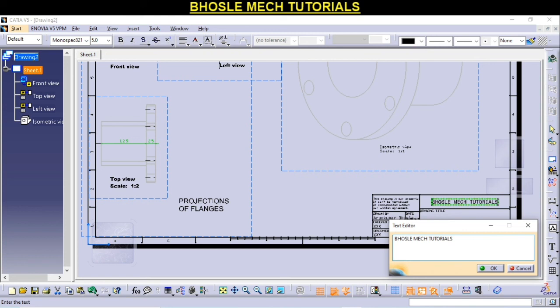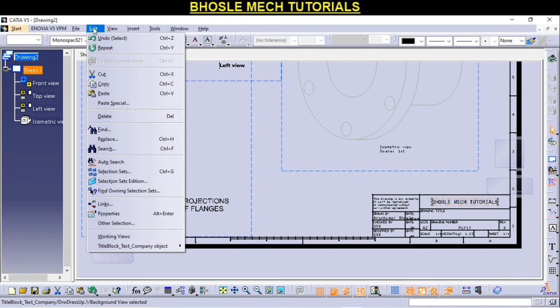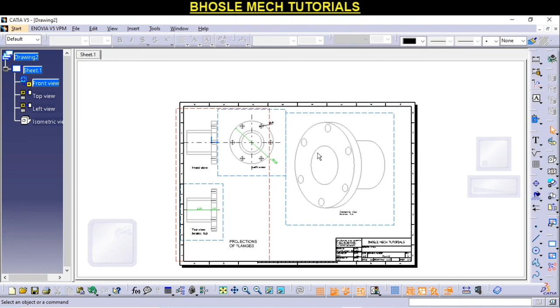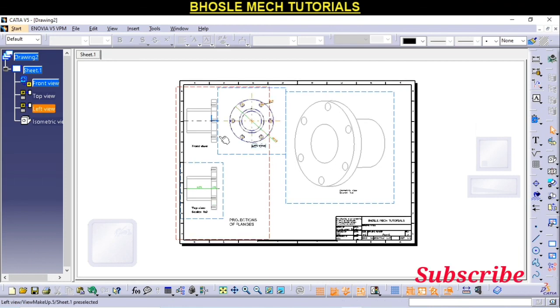Okay, and same, go for Edit and Working View. See friends, like this you will get the sheet and different views and the isometric view and whatever you want.